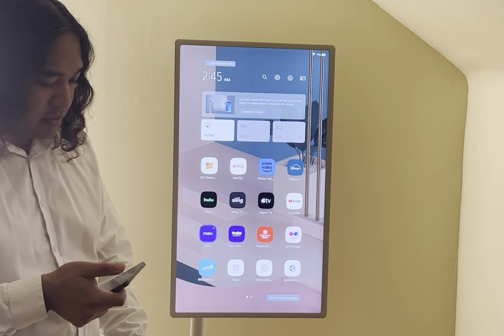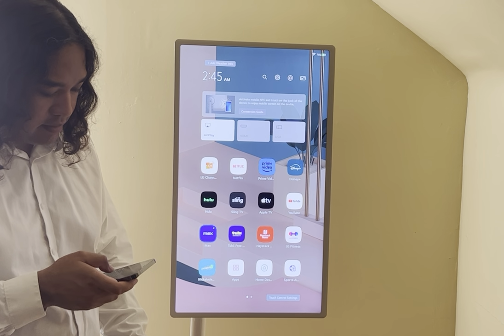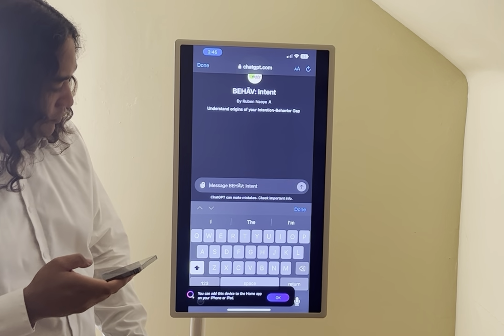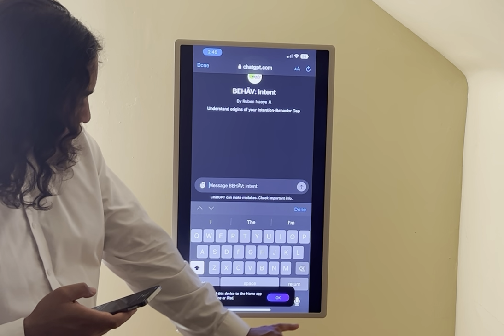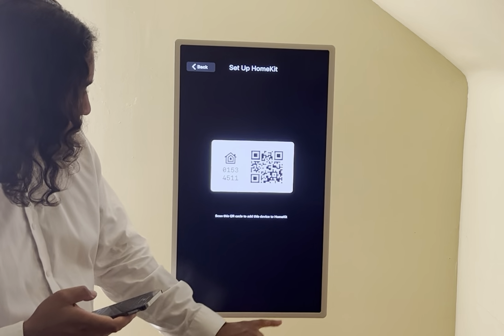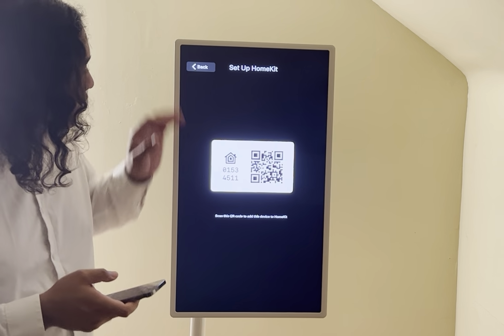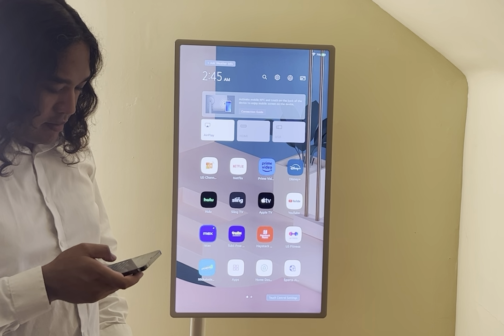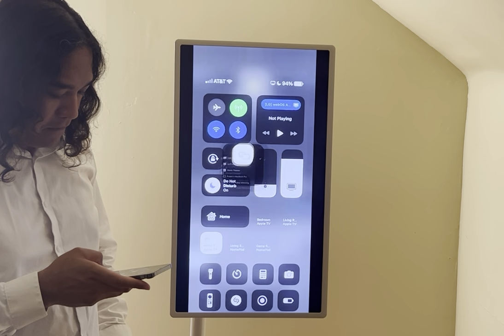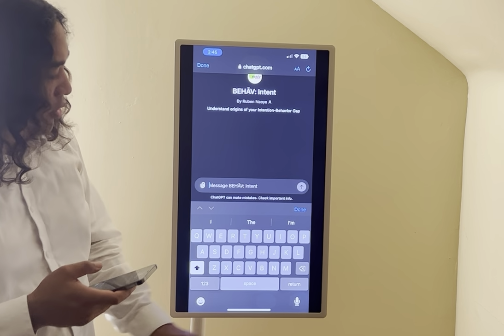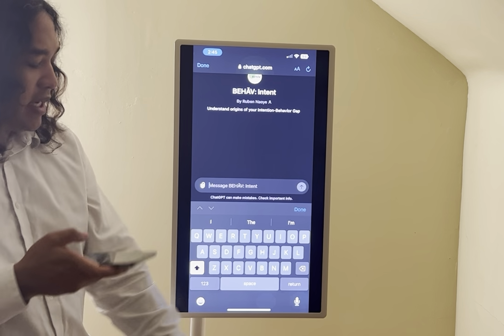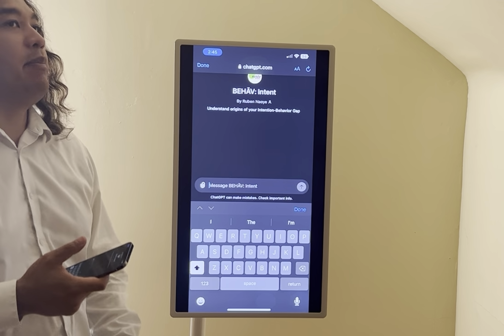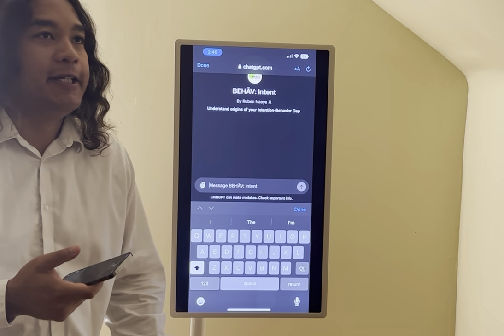You're able to talk through anything that you want to say into the chat. So for example, understanding the intention behavior gap, you could ask for, let's say,